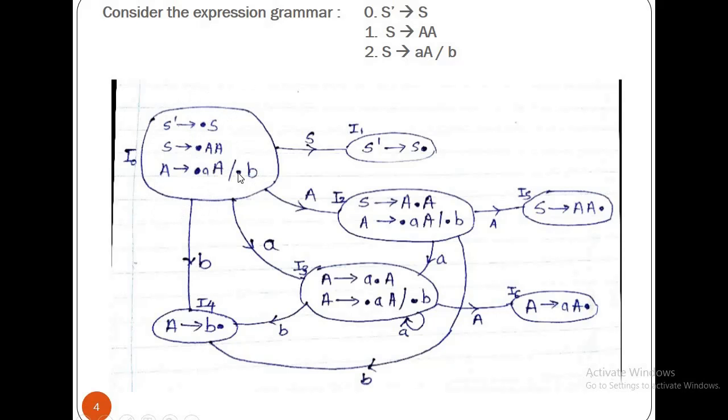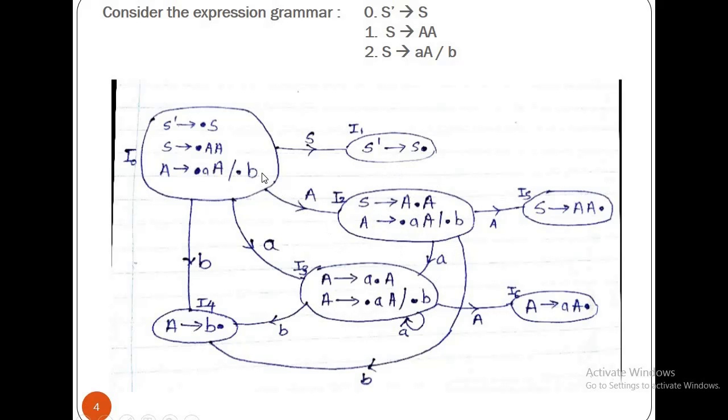And then after getting this first state, you need to take into consideration all the transitions which the parser can get on obtaining S, capital A, small b, and you need to transform that particular specific state by moving dot by one position. And once you move dot by one position, then you need to again calculate closure with respect to that state and add it in that particular set.